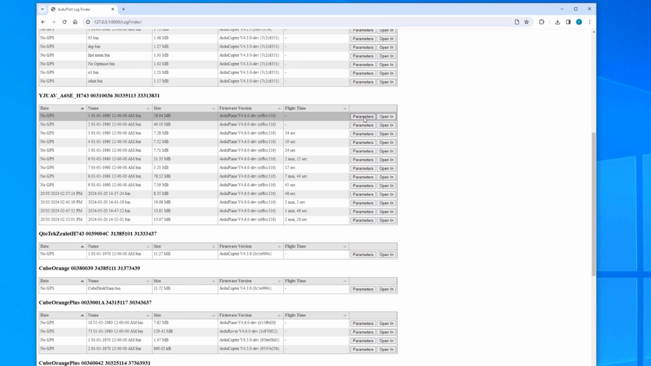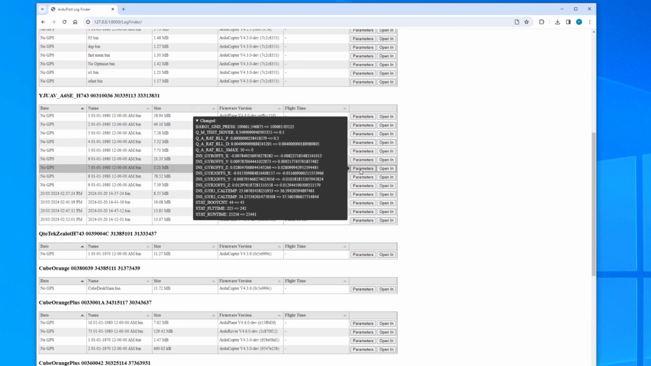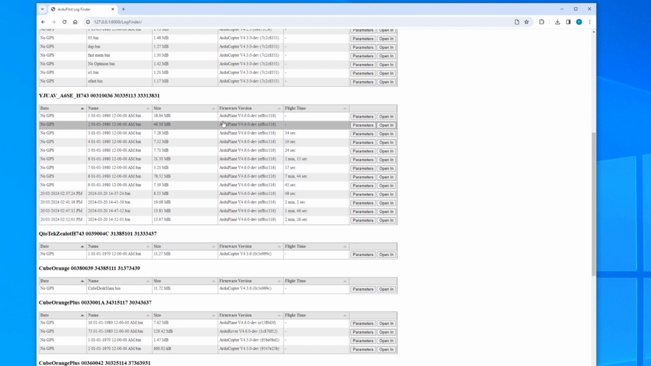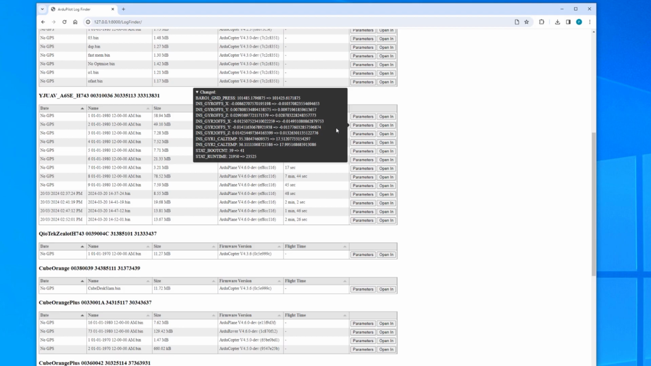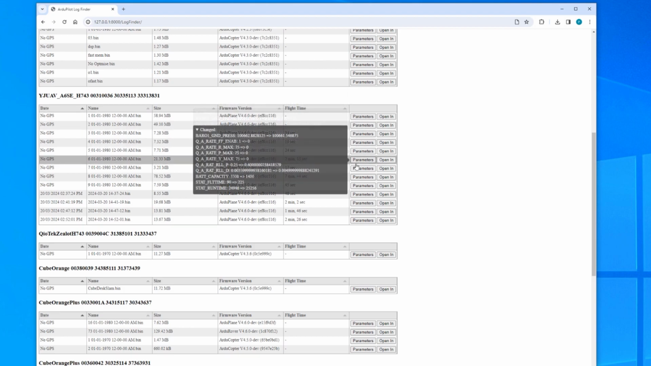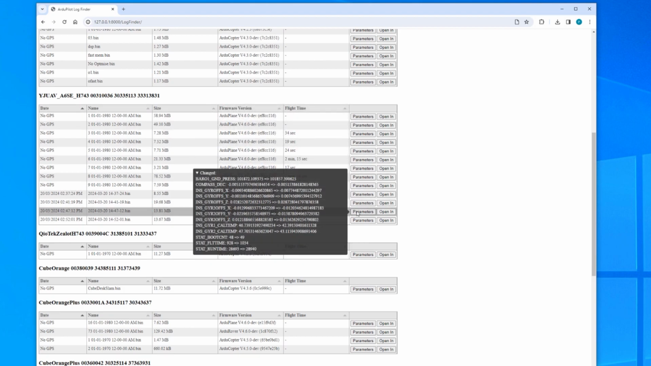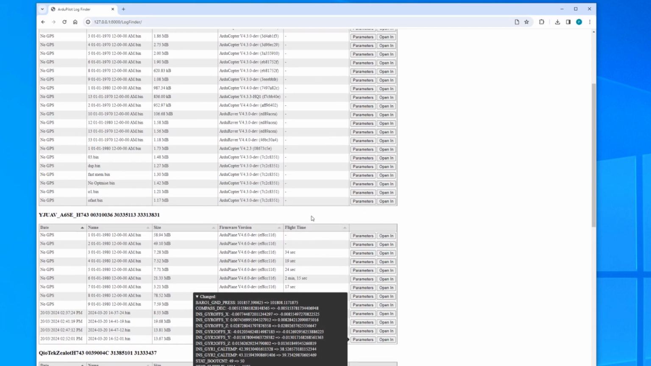So you can really track through this little pop-up what has changed as you progress. So if you're doing several flights for tuning and you've forgotten exactly what you've changed, you can actually follow through between the different logs and see what the changes are. And of course,